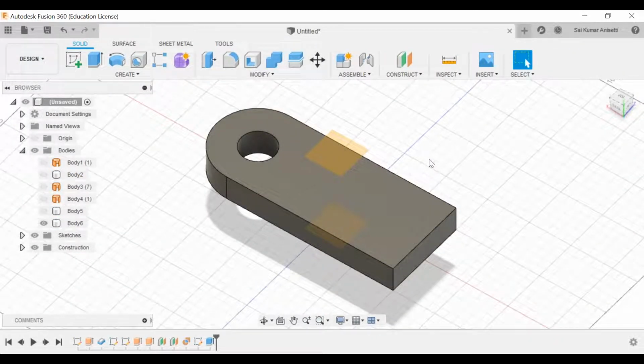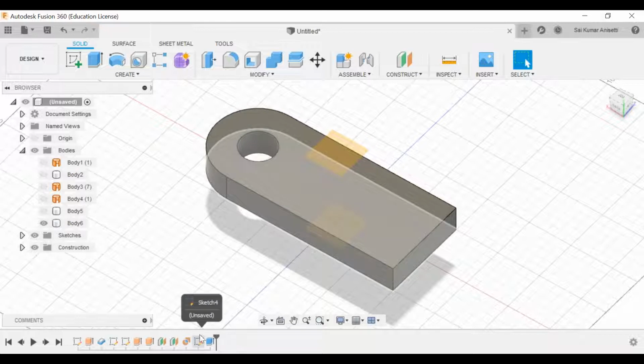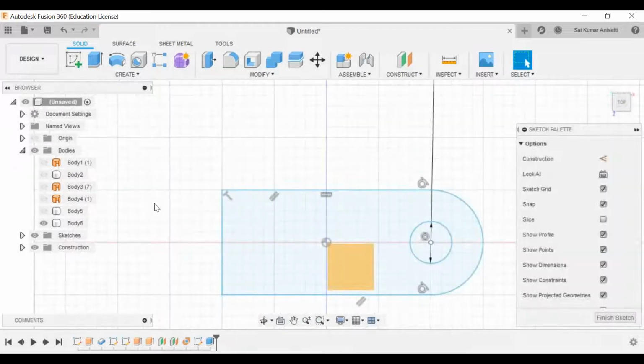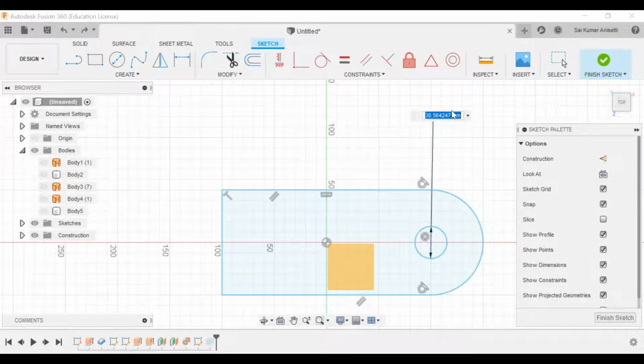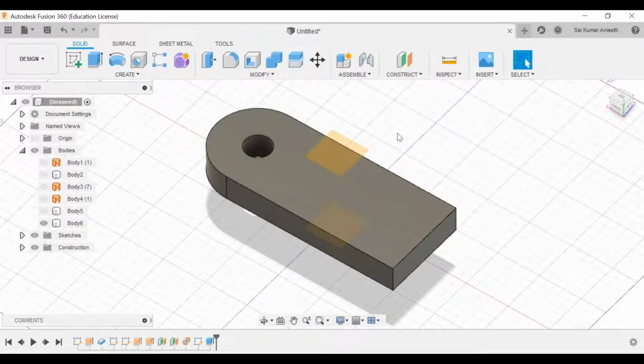But in a project you have to modify this particular hole tens to hundreds of times. Is there any other option to increase or decrease the size of this hole without touching your actual sketch? Yes, it is there. Your base sketch would be 30 mm itself. Let me press Control Z. Okay, let me enter a value of 30 initially. That is my fixed design. That is my initial design.